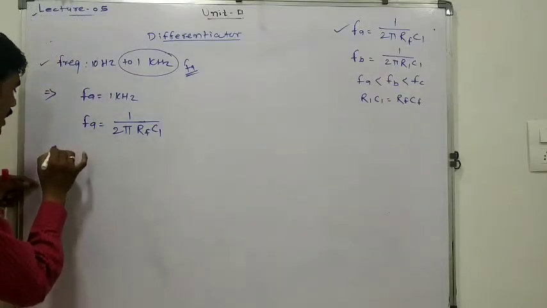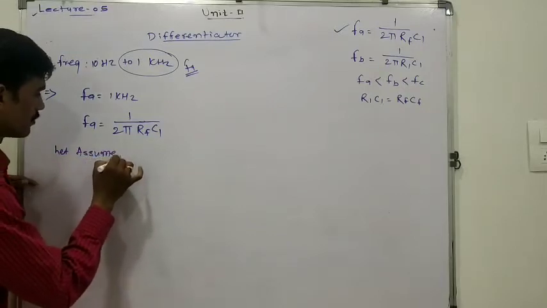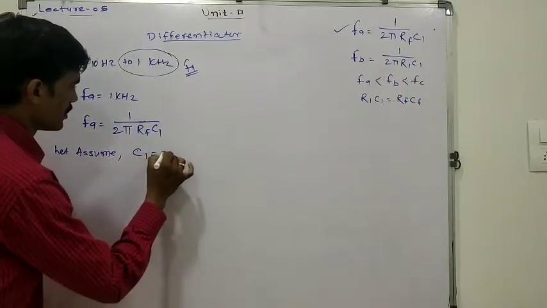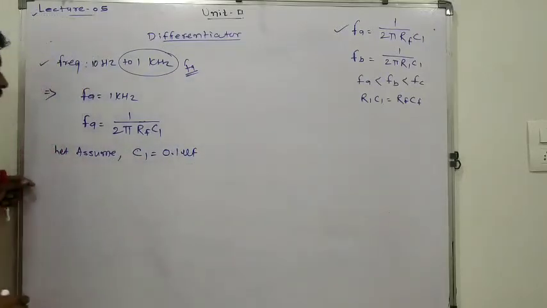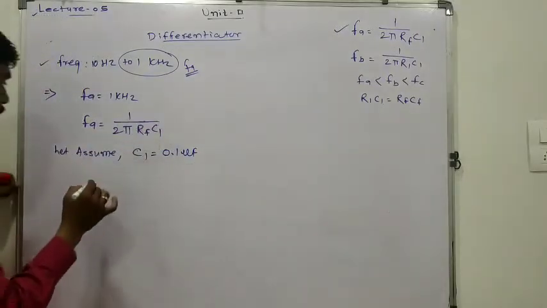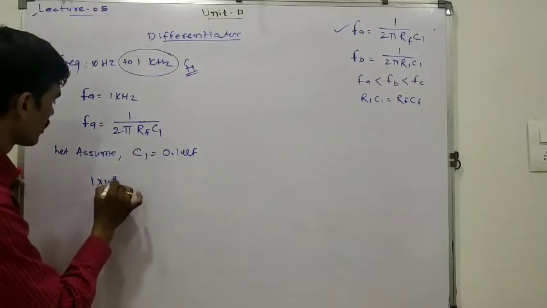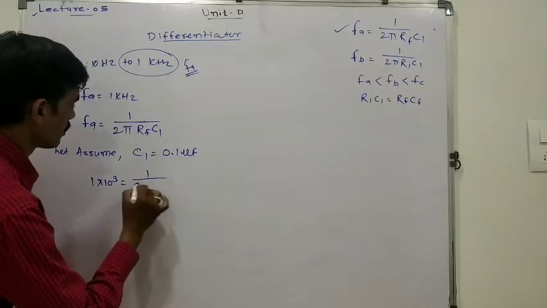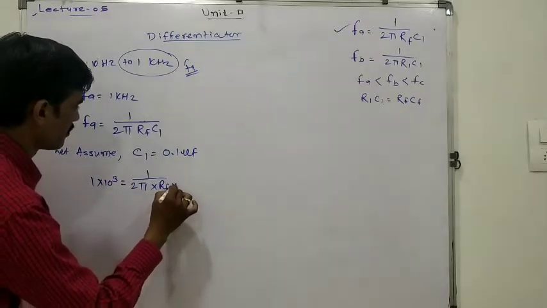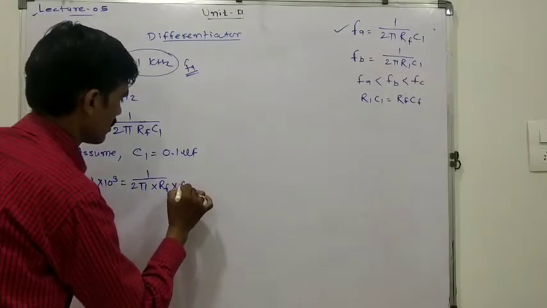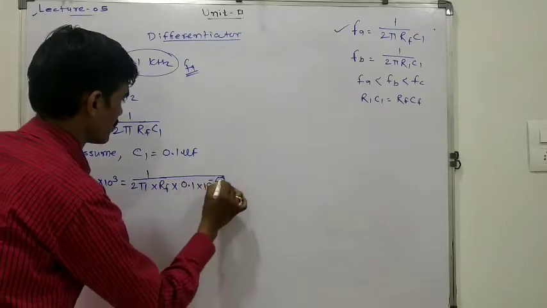Let us assume C1 is equal to 0.1 microfarad. Now, if you put this value in, FA is equal to 1 kHz, 1 into 10 raised to power 3, is equal to 1 upon 2 pi into RF into C1,